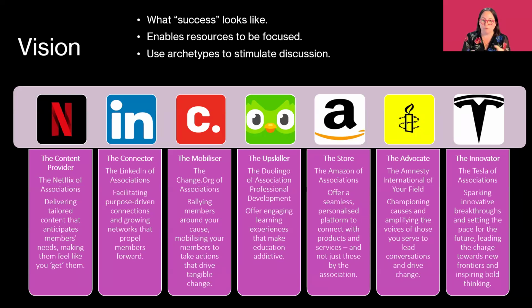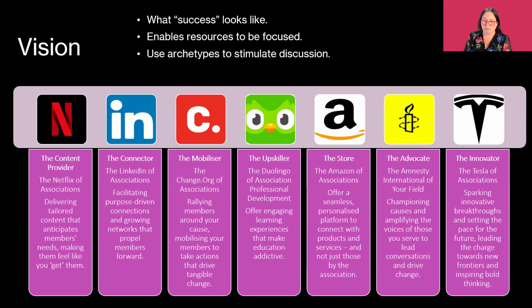And this is a really useful tool just to spark discussion, because invariably what comes out is people are like, oh, well, we're a bit from this column and a bit from this column. You can't be all of it. So what are you going to be? And find out, what does success look like in terms of achieving your purpose? Because that's the other thing to look at this through. If we're going to achieve XYZ purpose, so it might be a thriving profession, well, what do we need to do to get through that?